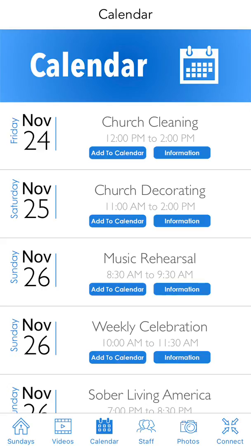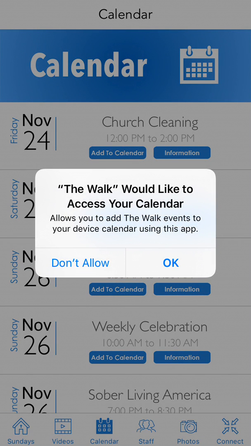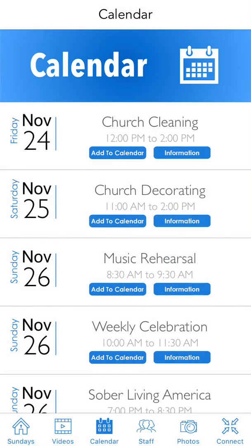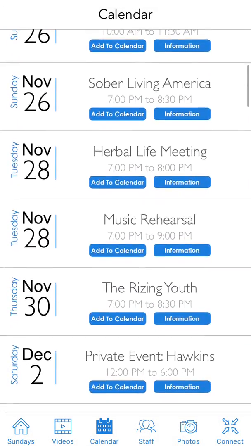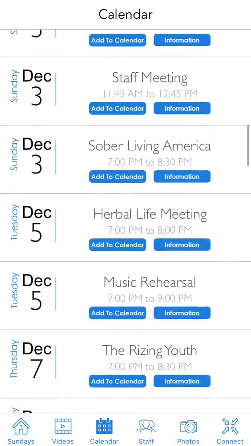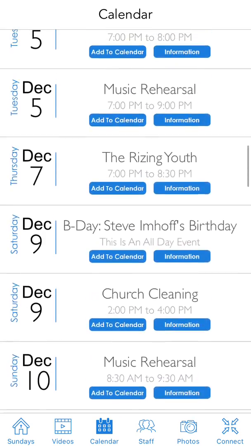And something else really neat is next to the information button is an Add to Calendar button. If I press the Add to Calendar button, the first time I press it, it's going to say, hey, are you okay with us adding events to your device calendar from this app? If you give it permission, it will add that event to your calendar, and then you can just go down this list and just select everything that's relevant to you and your family, and it will add that event to